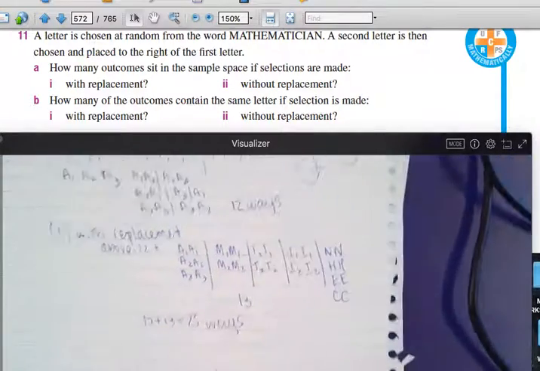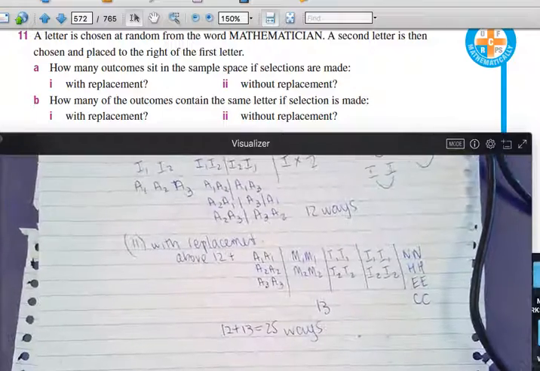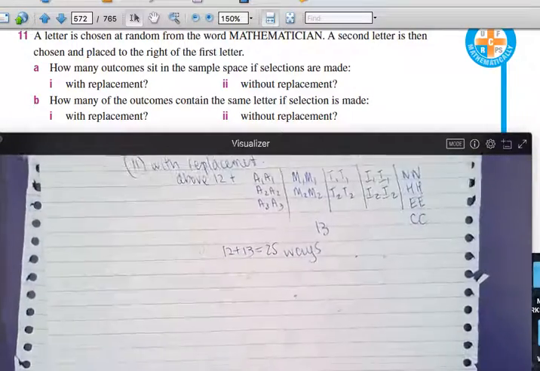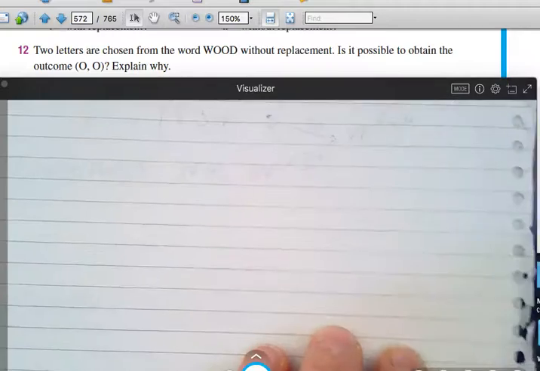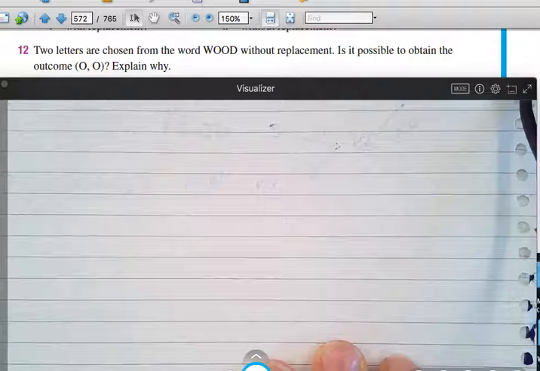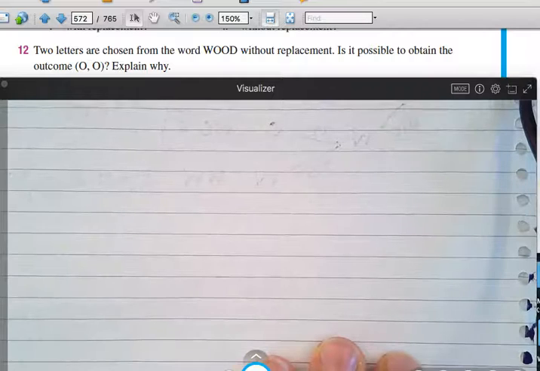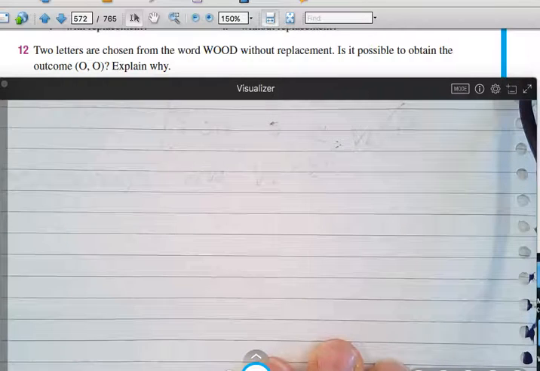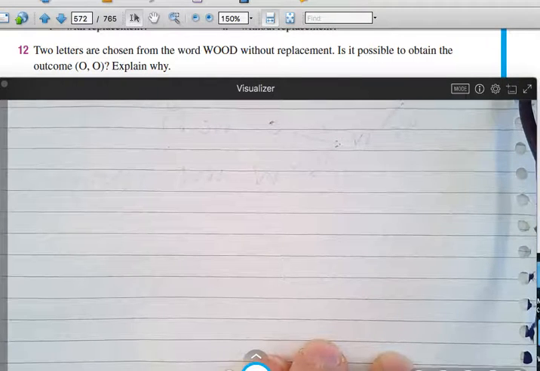Wow, that was a good one. Because this is why it's in the hard section. This is in the problem section. Letters are chosen from the word would without replacement. So you pick one up and you pick another one up again. You don't put it back. Is it possible to obtain